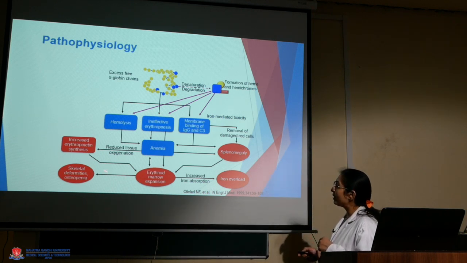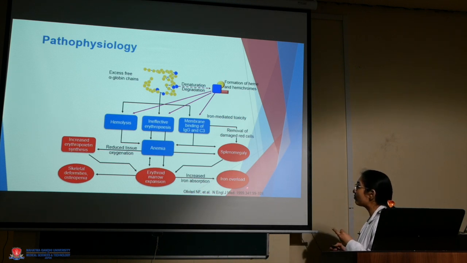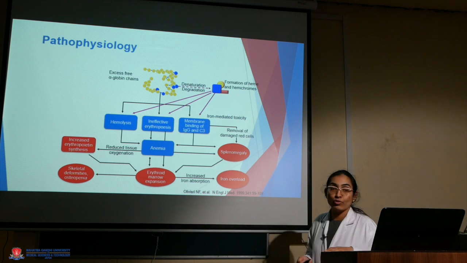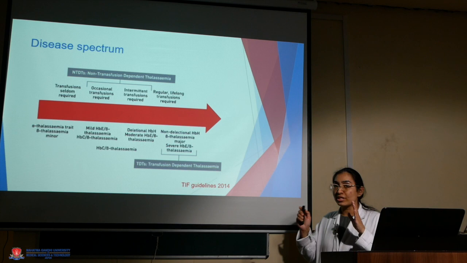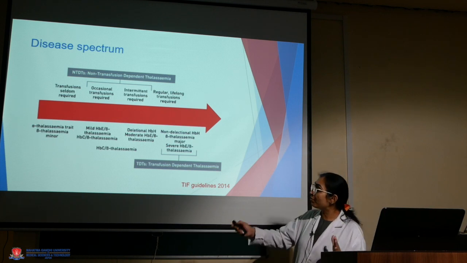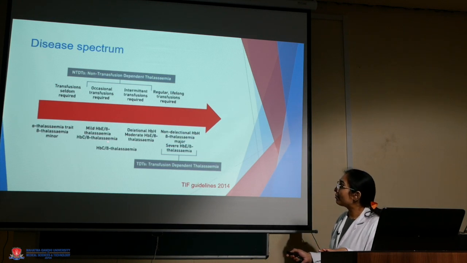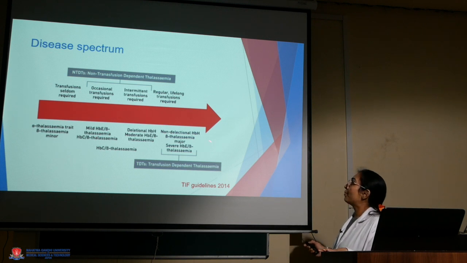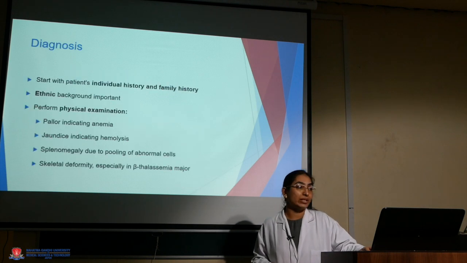So skeletal deformities, osteopenia, and because of erythroid marrow expansion, there is increased iron absorption which leads to iron overload. And when there is a lot of destruction of the RBCs, there could be splenomegaly because of that. Now, thalassemia is not just a disease, it is a disease spectrum, right from thalassemia minor, which are just the carriers, to mild thalassemias which are non-transfusion dependent thalassemias, to transfusion dependent thalassemia. So there is a whole range of patients which we have to treat differently.